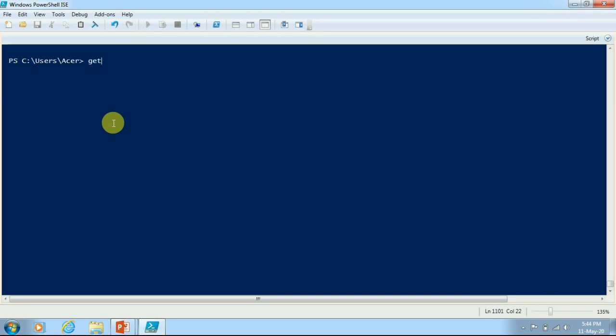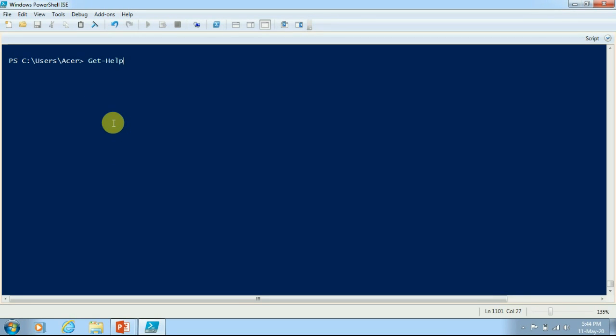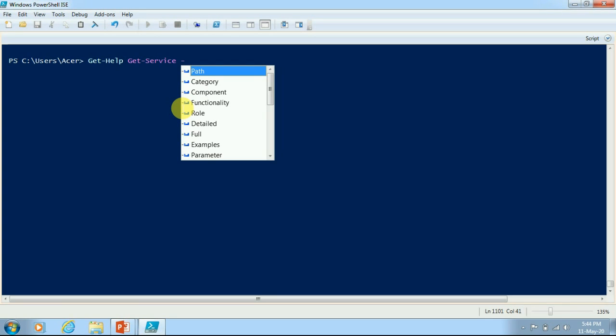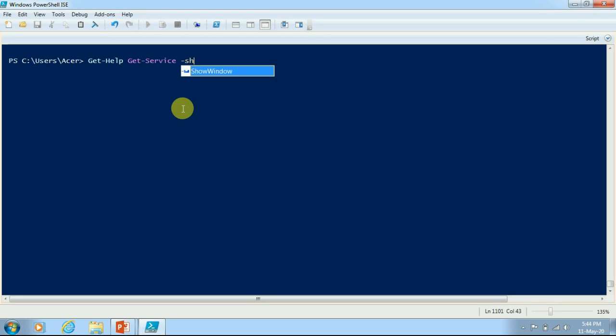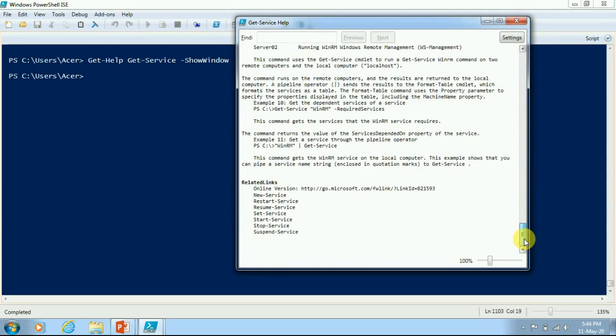In the next example, we will see how we can see the help in a new window. So I will be using Get-Help with this commandlet, and after that if I want to see this in a new window, I will have to use the parameter called ShowWindow. You can see that in PowerShell a new window has opened which contains the full information about the help.